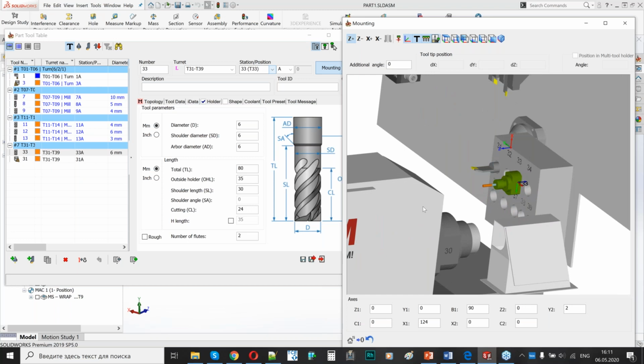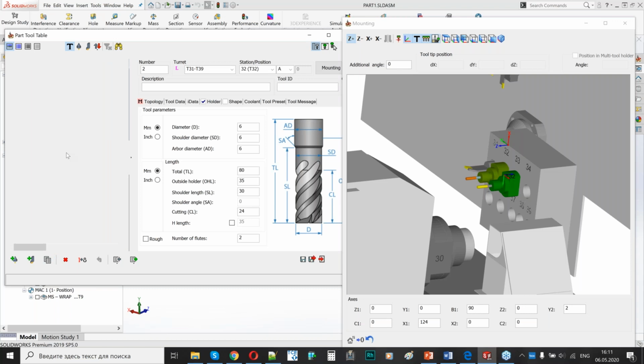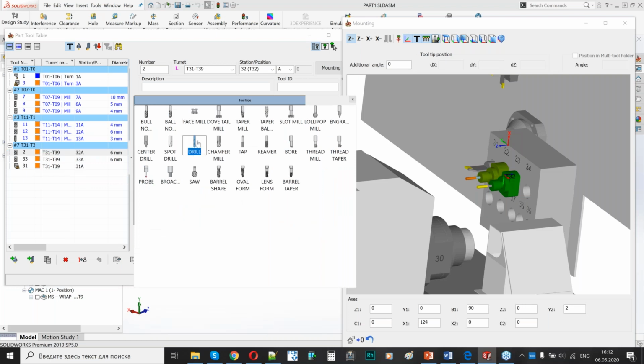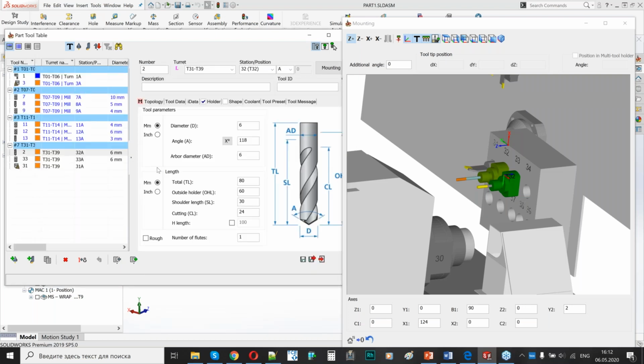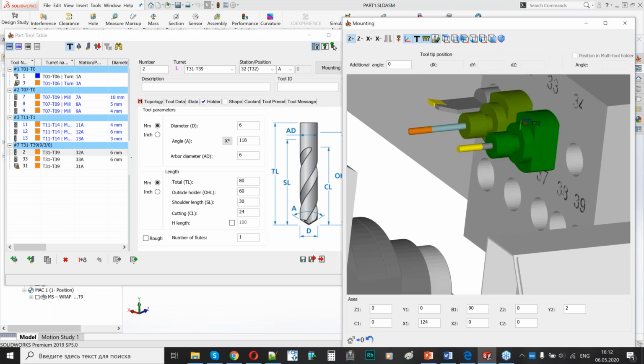And the next thing I would like to show here in the tool table is a little trick about how to not put such a complex assembly of the tool and just apply the results which we already get. So the next tool will be a drilling tool, and to apply this I will just copy the current tool and I will apply the nice command that we have here. It is called change tool type. And here I will choose my drilling tool, and I would like to put it to the lower row of the tools. I will put it to 36 position,